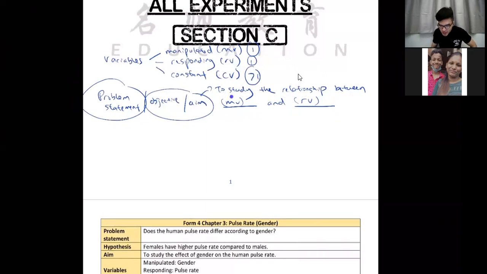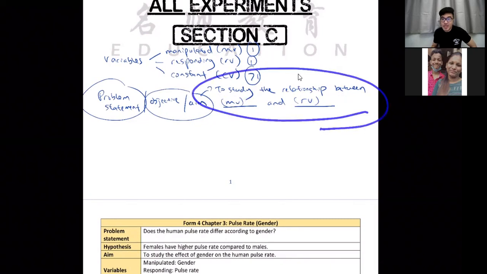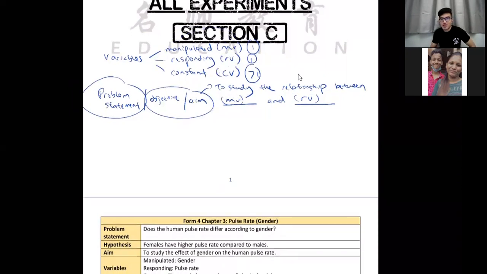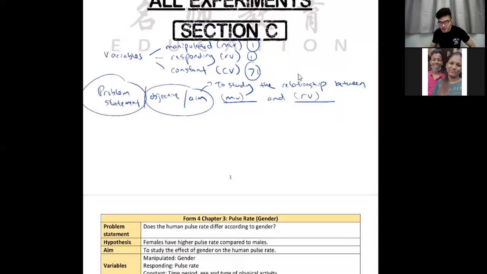Okay, to study the relationship between salt and the deliciousness of the dish. You see, so MV and RV, it's always this formula. So that's why I say if your MV, RV is wrong, everything will be wrong. This is the basis of your experiment. That means you understand. So to study the relationship between MV and RV, for BM, untuk